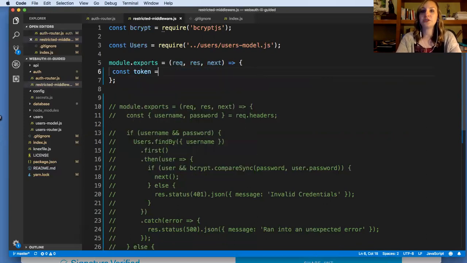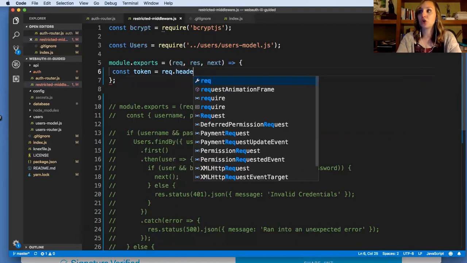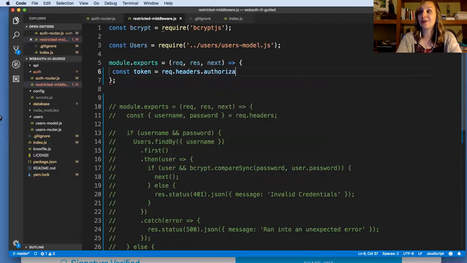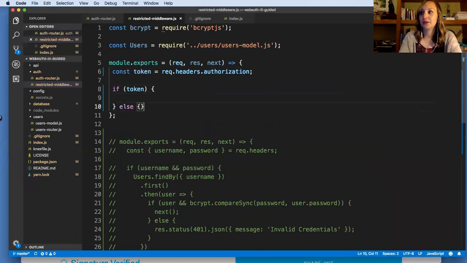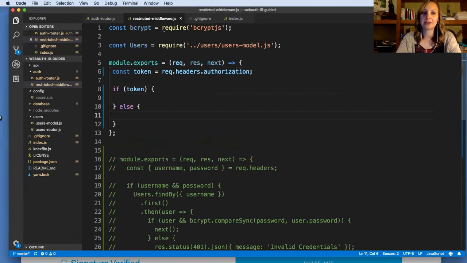So we're going to pull this token off of the headers. A standard header that you would expect to see a token on is a header called authorization. It doesn't have to be this, but this is kind of our default. That's where you want to put your token as a front-end user, and as a back-end developer, you want to look there for a token. But first, we're going to see if the token even exists. And if not, we can send back something to the effect of